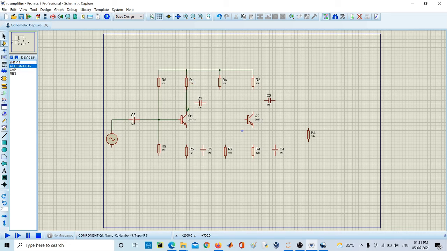Connect transistors and resistors. Connect this to the transistor. This is the resistor. Now this will connect to the load.